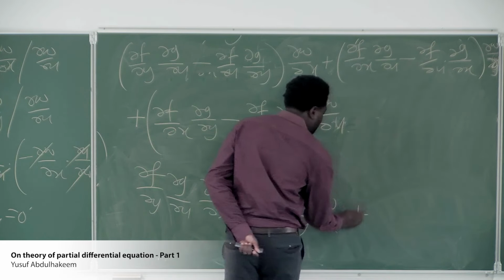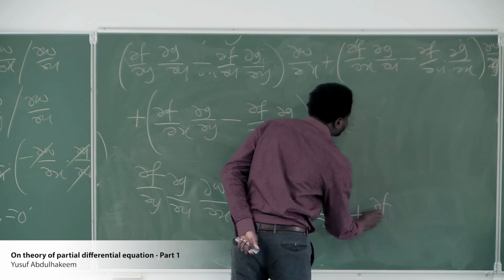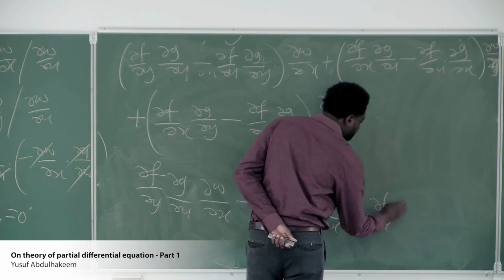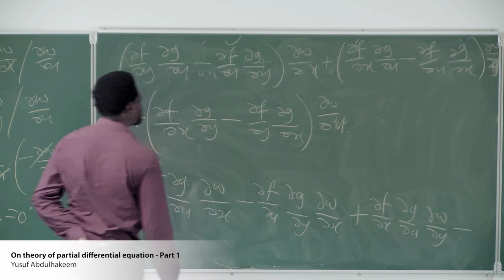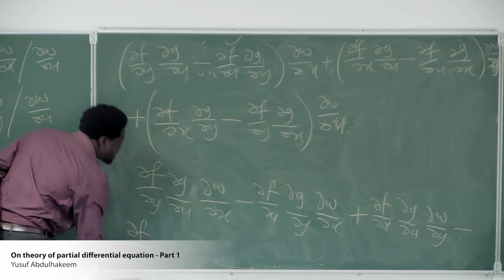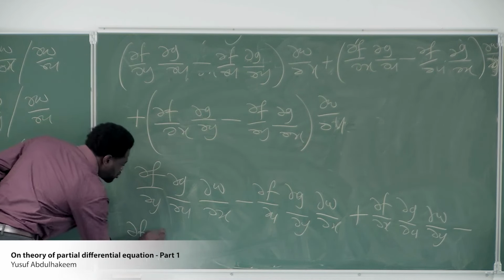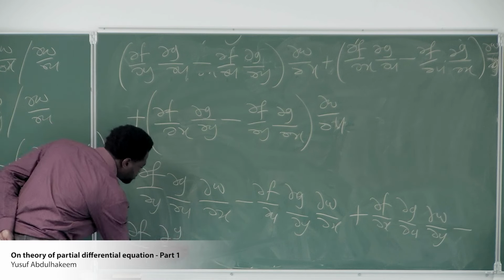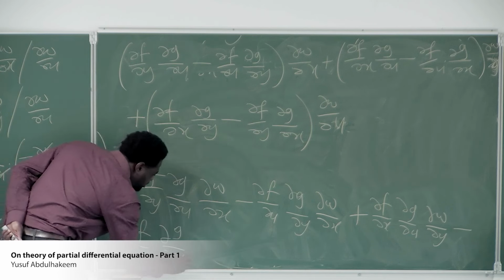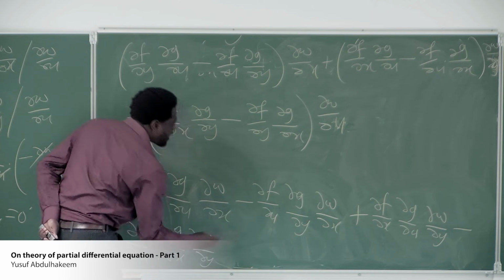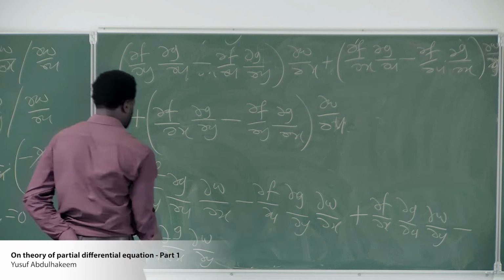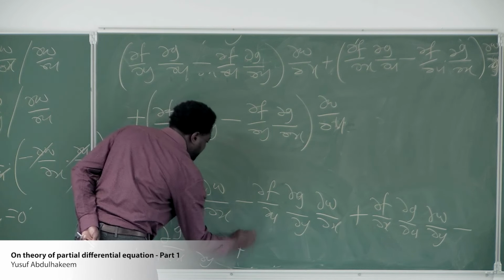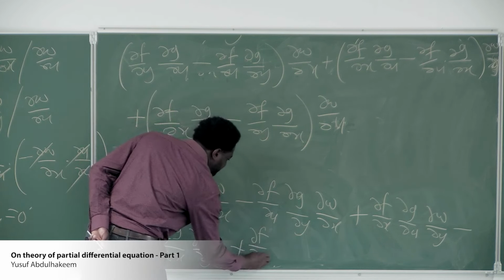Then plus the next one, which is going to be ∂f/∂x ∂g/∂u multiplied by ∂ω/∂y, minus ∂f/∂u, then ∂g/∂x ∂ω/∂y. That's what we have. That's the negative. Then we can also expand this, which will give us plus ∂f/∂x,